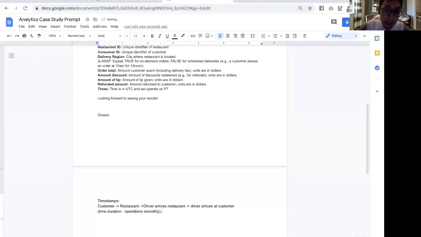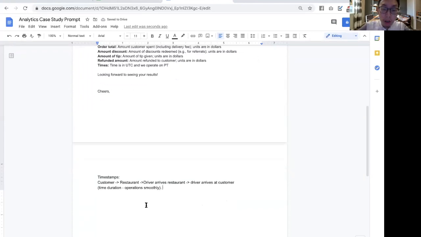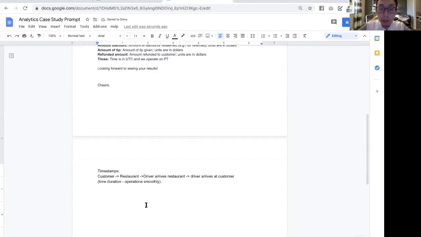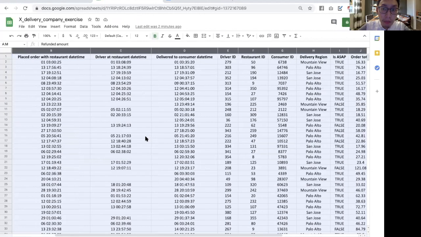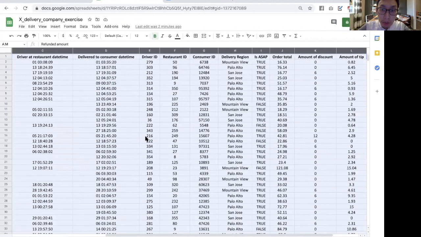So is this marketplace working as smoothly as they want it to be, right? So you could look at the different timestamp components and the different time changes, and then try to draw various insights from here. So that is one angle to look at it. Another angle to take into account